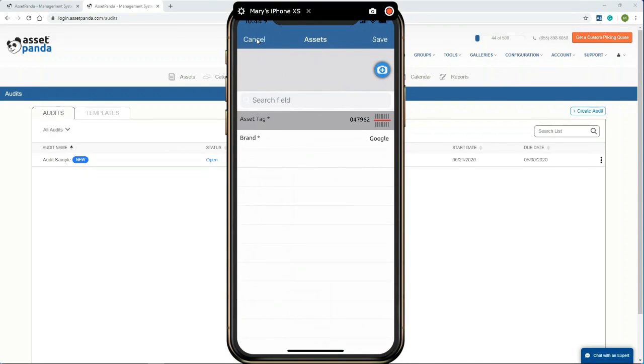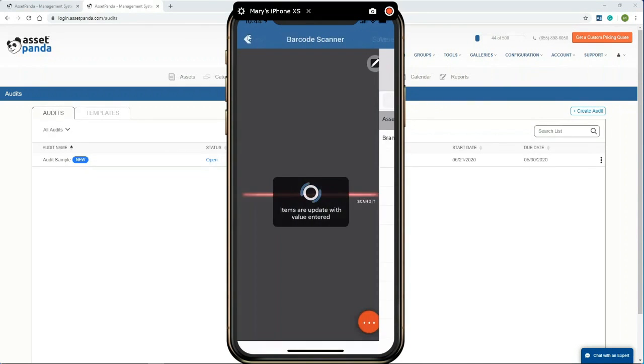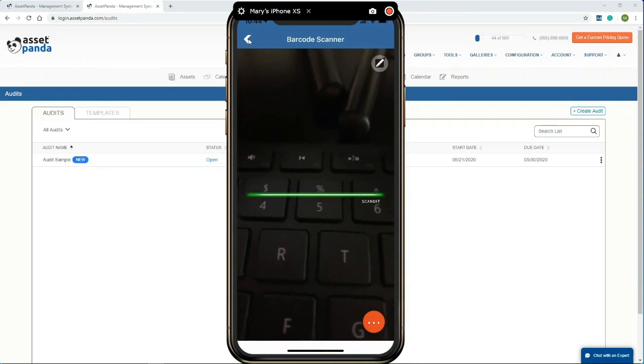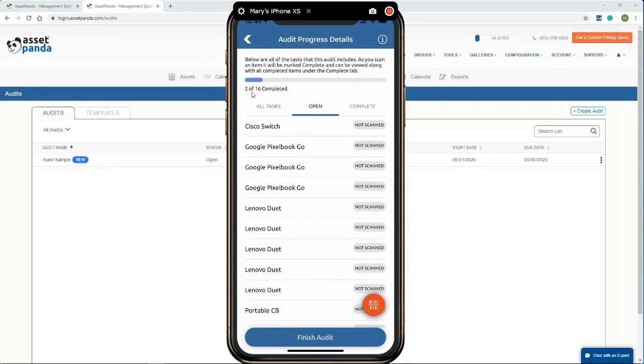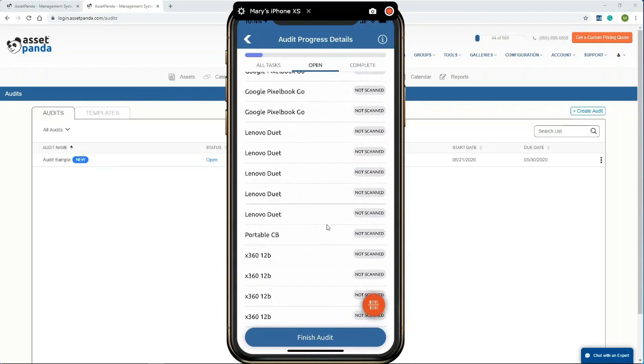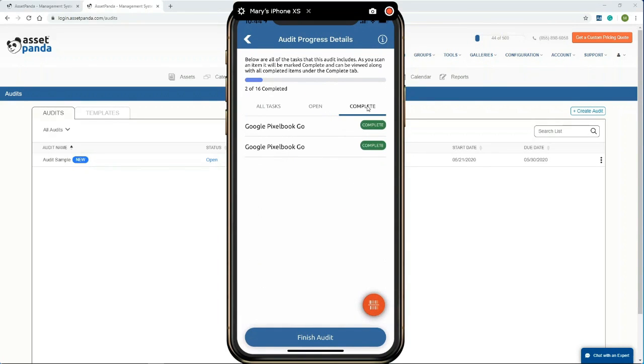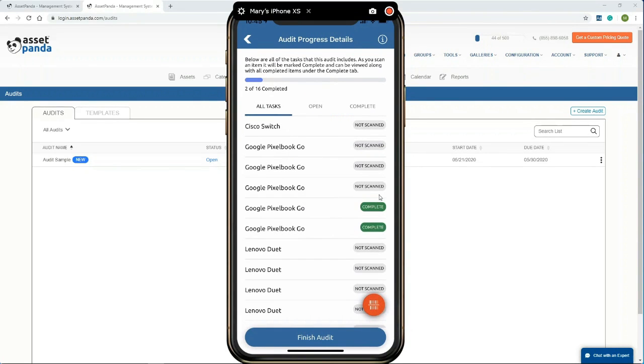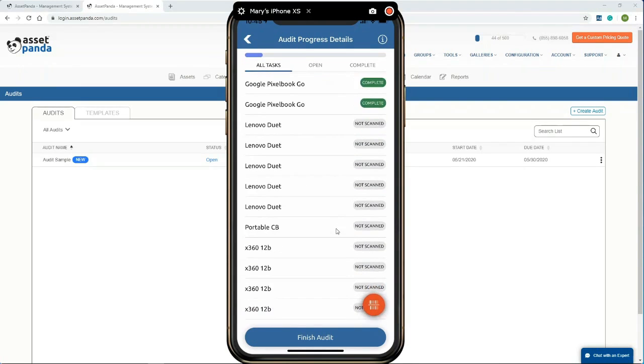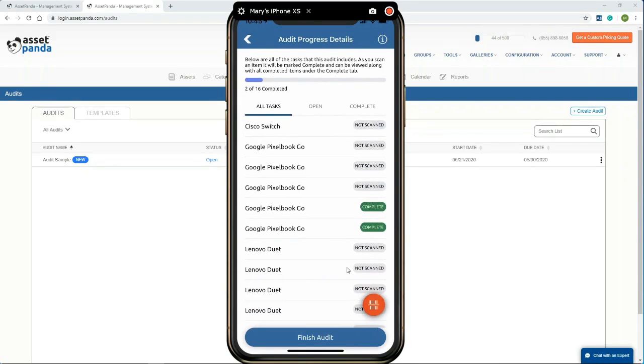That looks good. Let's just hit the back button real quick so I can show you that it moved. So here, as you can see, the progress bar now shows 2 of 16 items. And here, this should only show 14 items. Going over to my completed tab, it shows that I have 2 completed. Switching over to all tasks, you can see the status of your assets, whether they've been audited or not. So let's go ahead and hit the